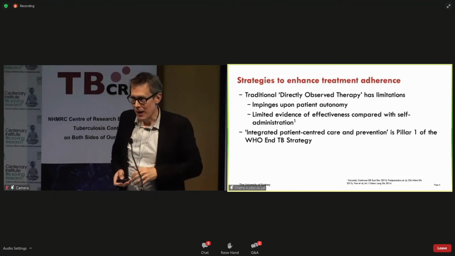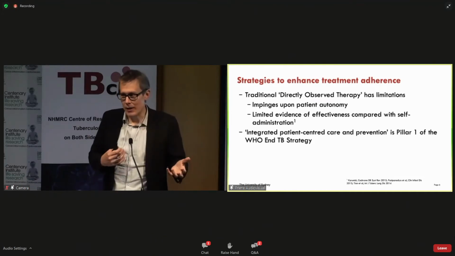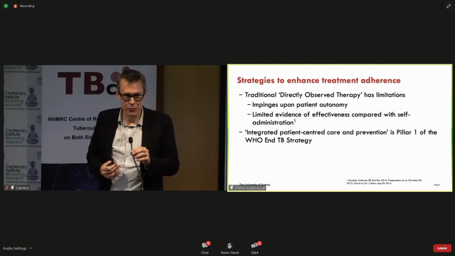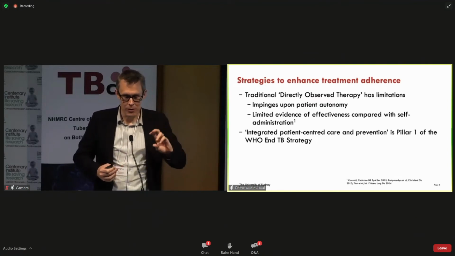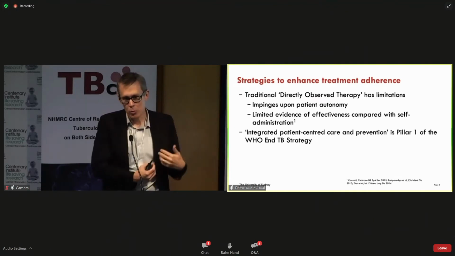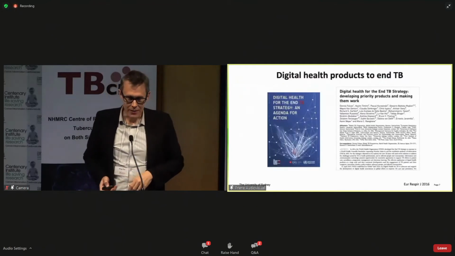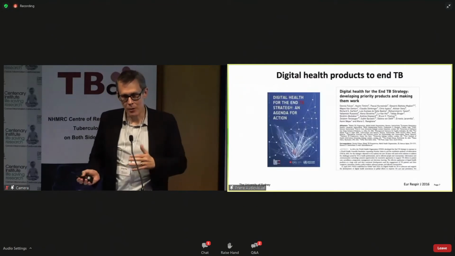And a part of that is to think about how we can flip the dynamic around how we treat patients, to start with the patient first and say the patient is not a problem that we need to manage and control, but somebody we need to work with and support in order to improve their treatment outcomes. And at the same time as this shift in paradigm, there's also been a shift in technology,